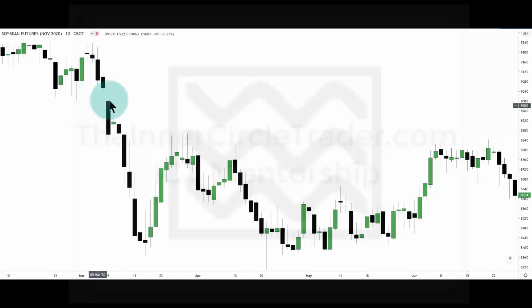Volume imbalance would be a wick that would trade up into this area here and at least touch the tail of this candle. So that's the minimum requirements for a volume imbalance, where the bodies don't connect and there's an open area of space there. And then maybe there's a wick here. It doesn't have to have a wick, but if there was a wick touching the previous candle's tail here, that would be a volume imbalance. But because there is an actual gap there, it's just a gap. Okay, it's not a volume imbalance.